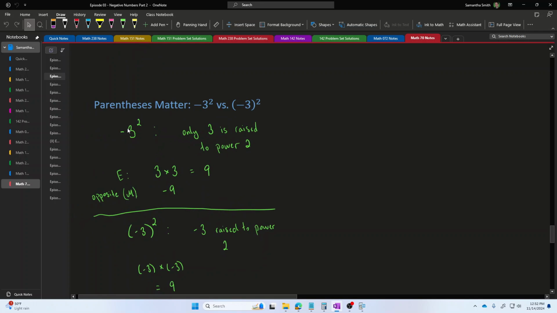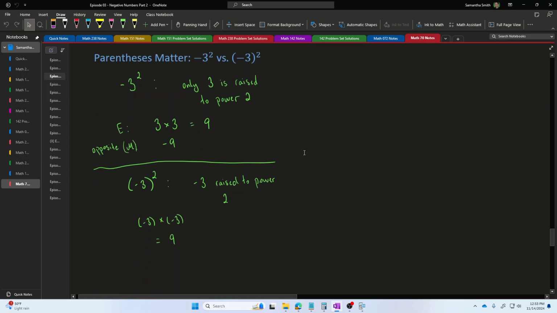If we just wrote down minus 3 and put the power 2 on it, then in this symbolic notation, only the 3 directly underneath the exponent is going to be raised to the power 2. So what I've written down here with no parentheses is not going to square negative 3. This thing is only going to square the 3 and then put the negative sign on the result. If I wanted to say square minus 3, I had to put the minus 3 in parentheses and then apply the 2 to that quantity.